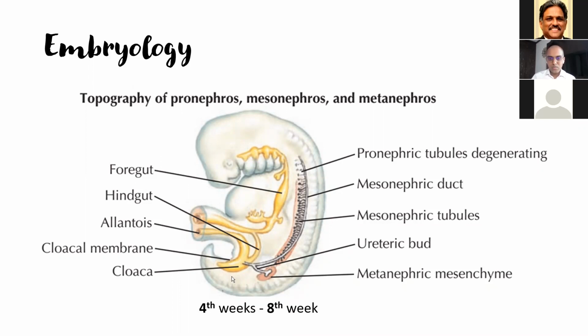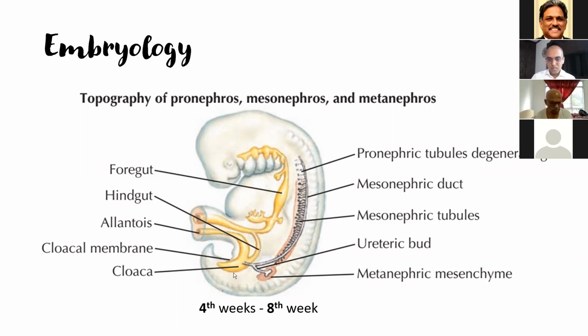Looking at the embryology of the lower urinary tract, the cloaca, which is the common outlet chamber for the embryo, is cleaved into 2 halves by the development of a septum called the urorectal septum, which divides the cloaca into 2 portions. Anteriorly, it is called the primitive urogenital sinus, and posteriorly it becomes the anorectum. The primitive urogenital sinus again is divided into 2 parts. The distal part becomes the phallic part, which forms the penis and the urethra in males.